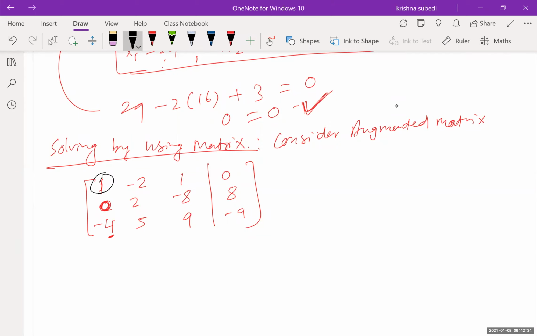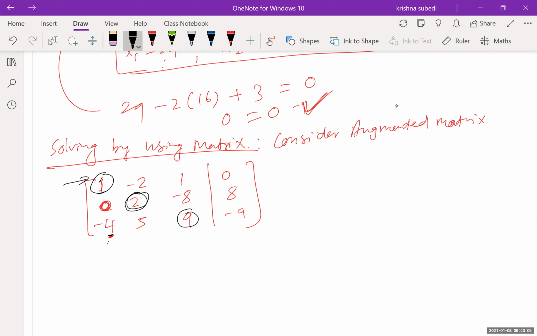This number, just leave it. We call it pivot. We'll talk about that later. Now make everything 0 below that. And then this will be your pivot in the second one, and third one, this will be the pivot. So try to make everything 0 below that. That's what we call changing into echelon form. We'll talk about that later, but at this moment, just try to change this -4 into 0 by using the